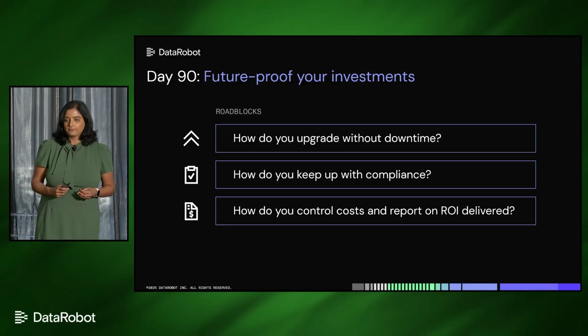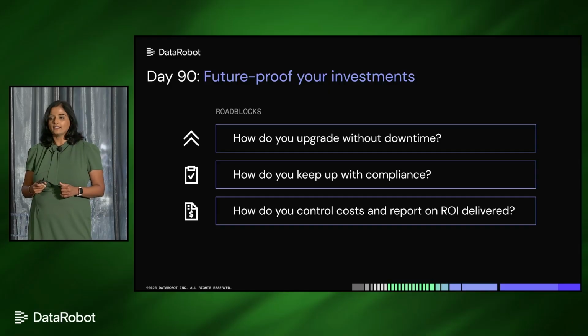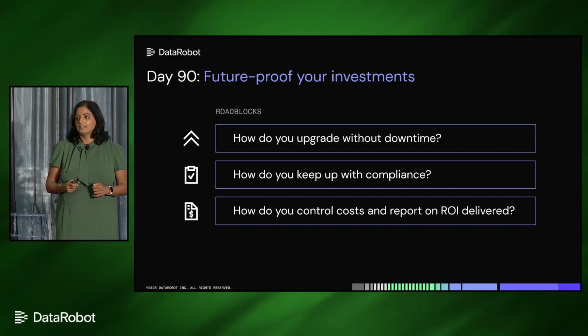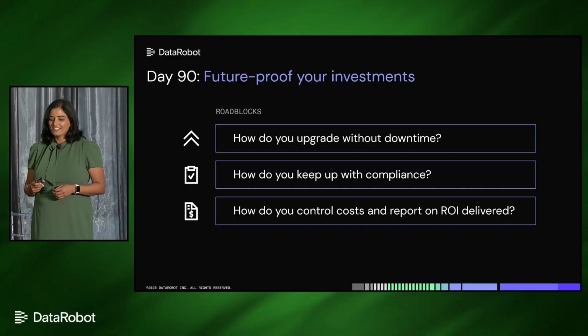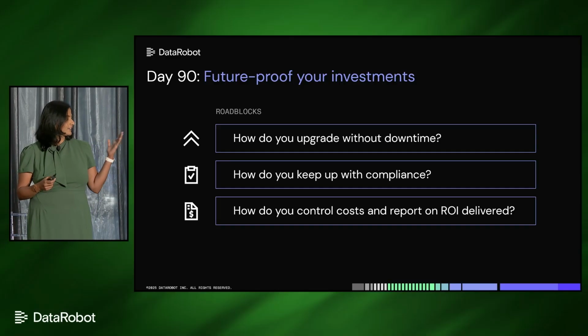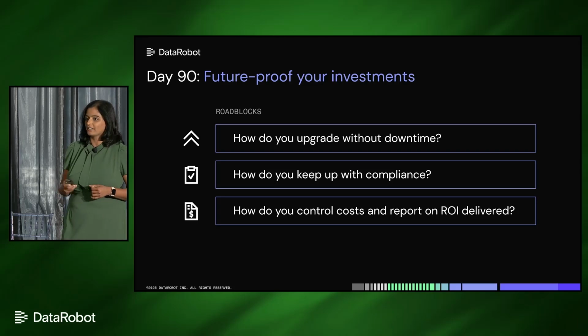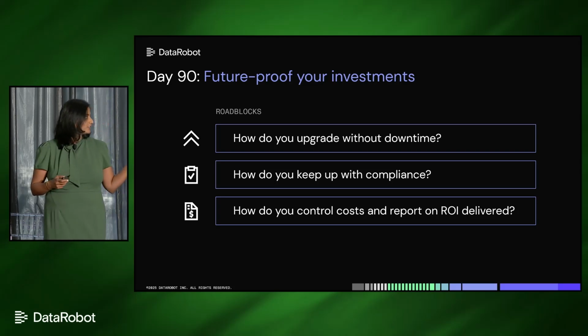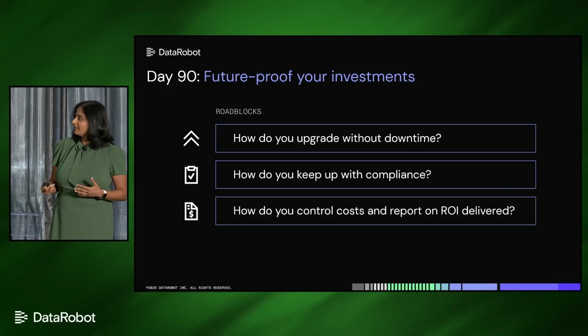And then lastly, I am sure there are many skeptics in your organization who are thinking, well, this agentic AI is going to cost a lot. Is it really going to deliver all the ROIs that you are promising? So what is a better way to do that than having the ability to monitor and track your usage, your costs, control costs, but also being able to report tangibly on the business ROI. So these are some key considerations for day 90. And I'm going to hand it back to Luke. So Luke, do you think we can address these and be more confident about operating our agent workforce?